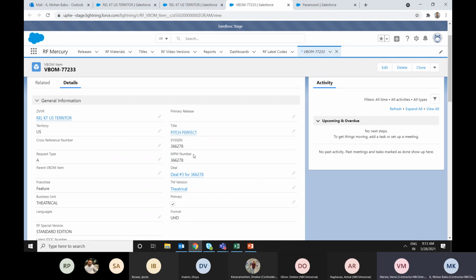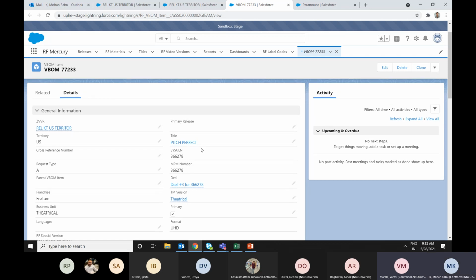If it is standalone, meaning you create it separately from the tab, one title should be associated, and later we can add multiple titles. The title on the video version will be updated accordingly. If we add multiple titles in the VBOM items, there is a calculation by which the title is updated on the video version.